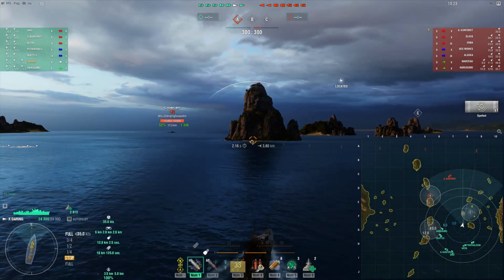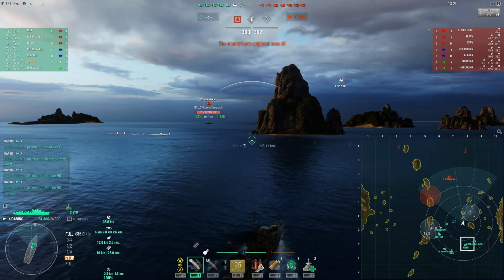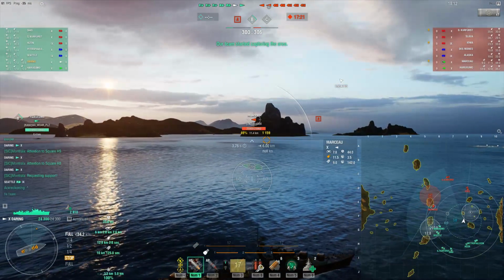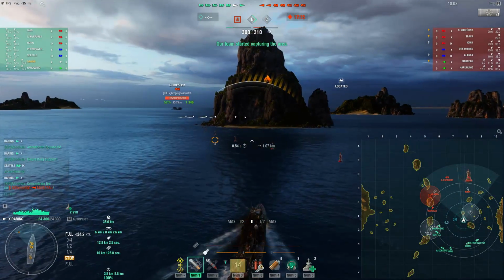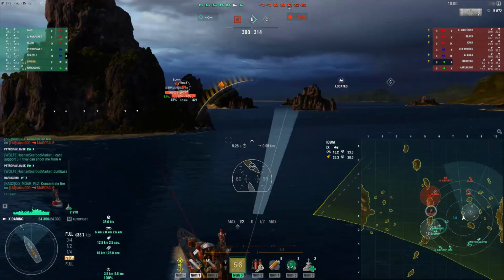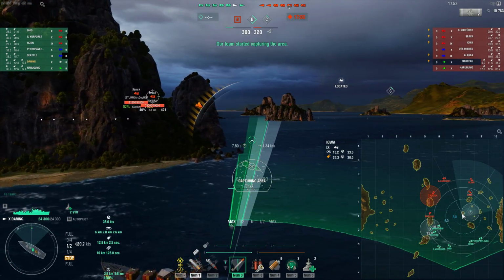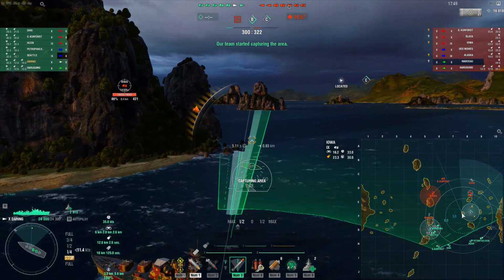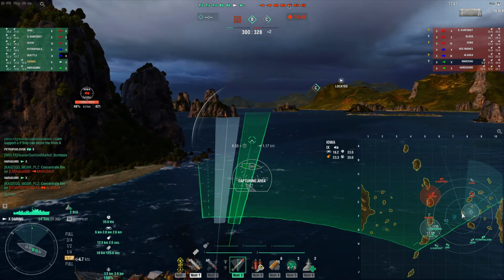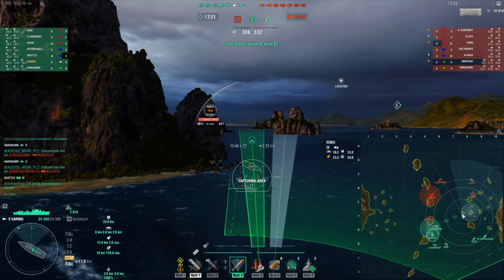So going into the Cap C is actually quite a risky play, but I want to try to do it here. And here is the Marceau, so I know that I probably will have to deal with Harugumo at sea. And I see that actually Iowa on the enemy team is probably going to push around the cap or into the cap, so I'm trying to